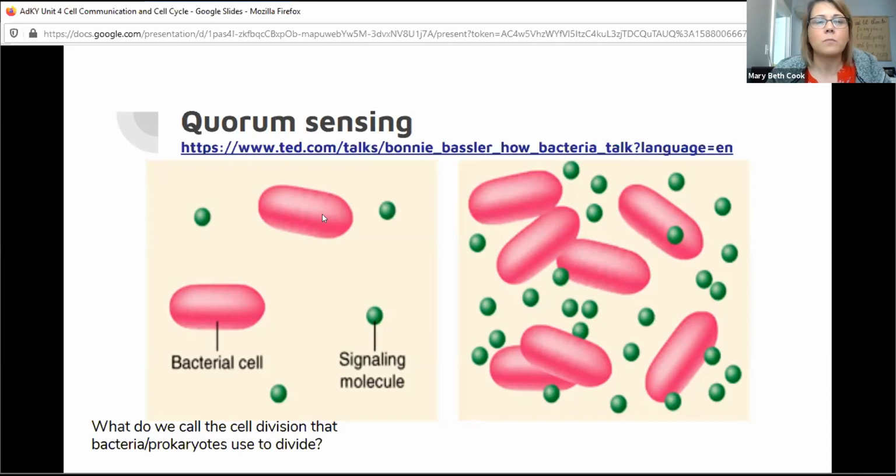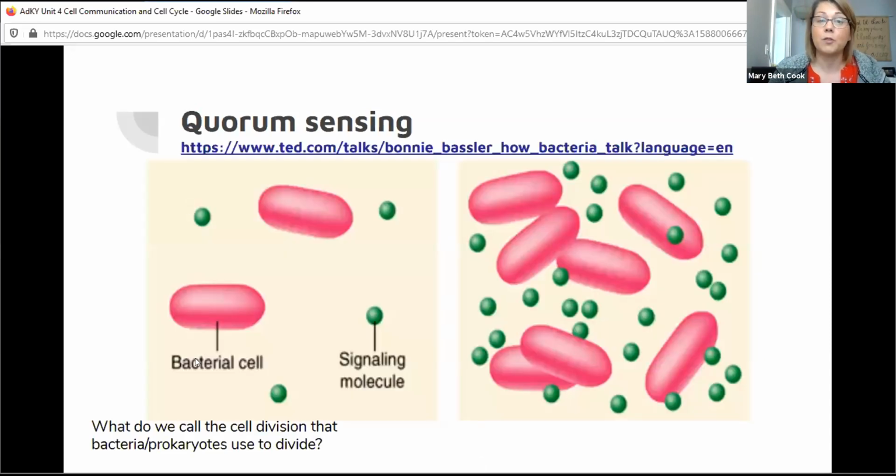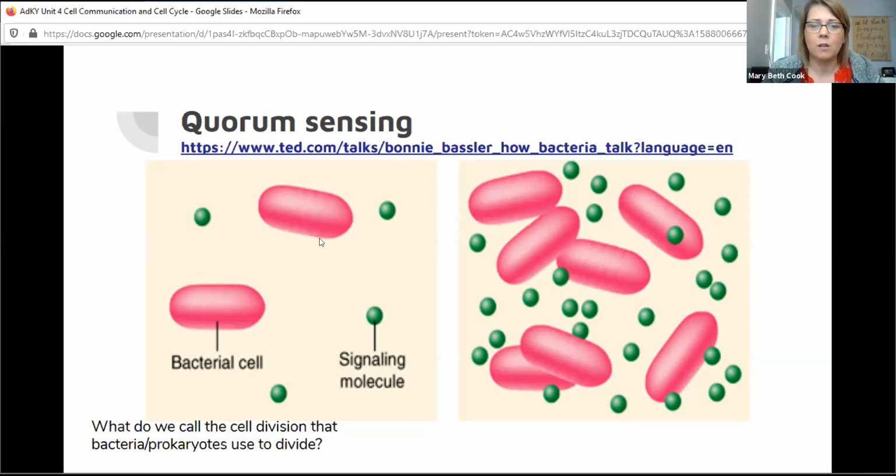They're constantly releasing these green signaling molecules, and they just diffuse away if nobody's nearby to receive that signal. So they don't do anything. A lot of times this tiny little prokaryotic cell, when it gets inside of you, really can't do anything. It needs more bacteria cells to actually fluoresce or to be pathogenic within you. As these bacteria cells start to divide,